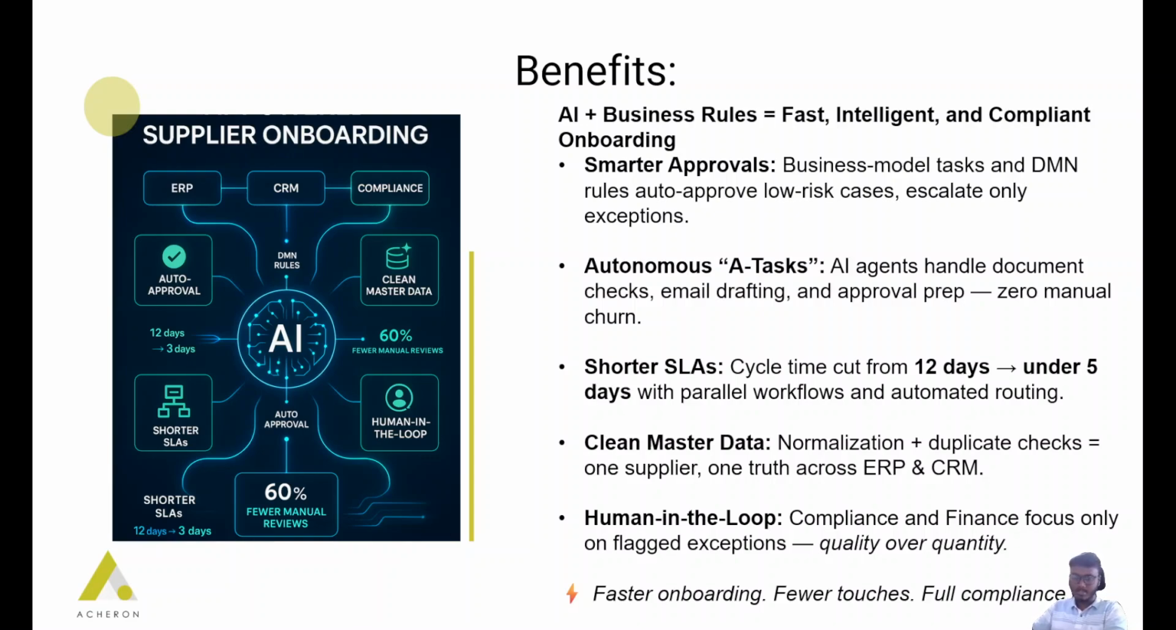And autonomous agent tasks, where an AI is going to handle all the document checks and email drafting, and also whatever prep work is required for the approvals, it is doing it. And this leads to shorter SLAs, since manual touch points reduce by up to 60% from the original process. So the SLAs become drastically reduced, and we are also cleaning up the master data